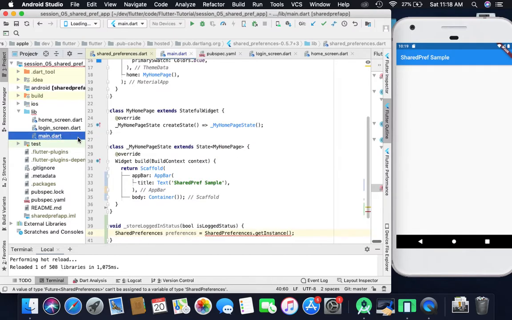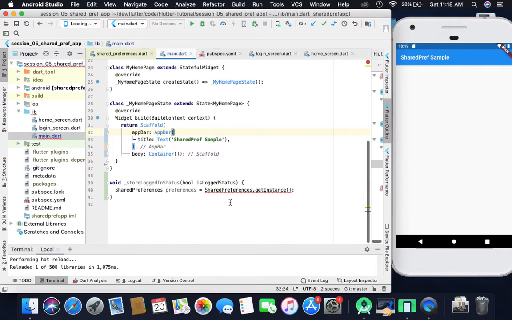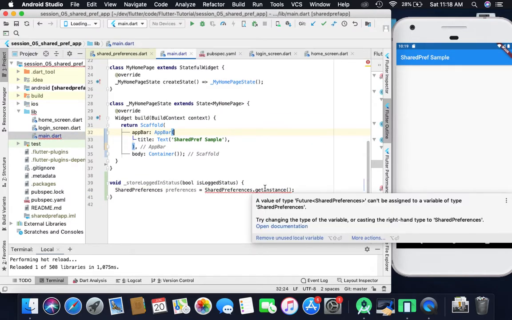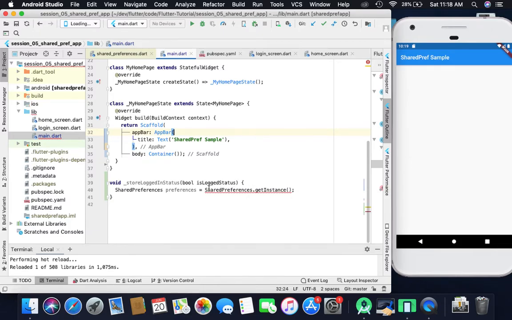Navigating back to the main.dart file, it is showing an error because it is returning a Future value. To handle that, we have to use await and async. We add await, and just because we are adding await, that method will be asynchronous, so we have to add async also. Now that error should be gone.